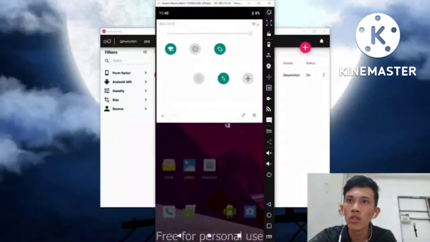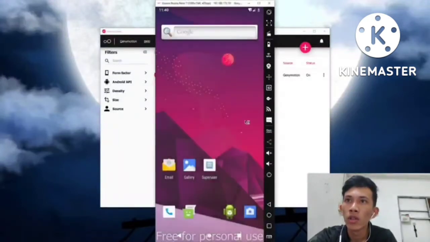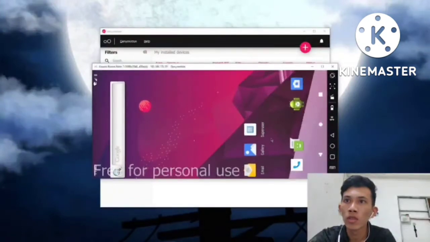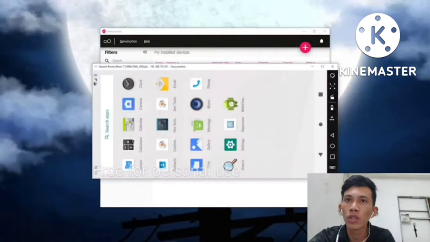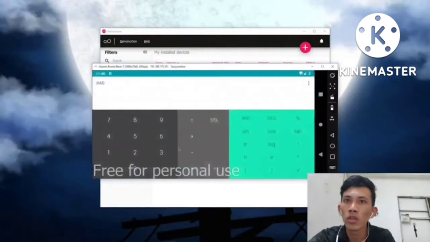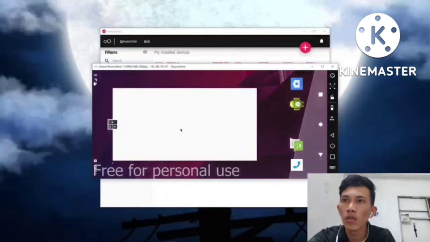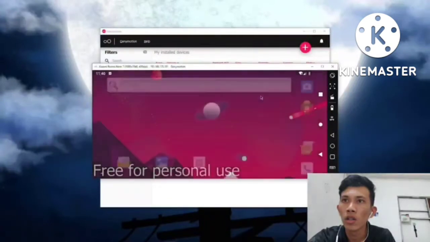Just like your normal phone. And here you can change the view to landscape, and you can see here I try to open the calculator. It's all changed to the landscape version. And then change the